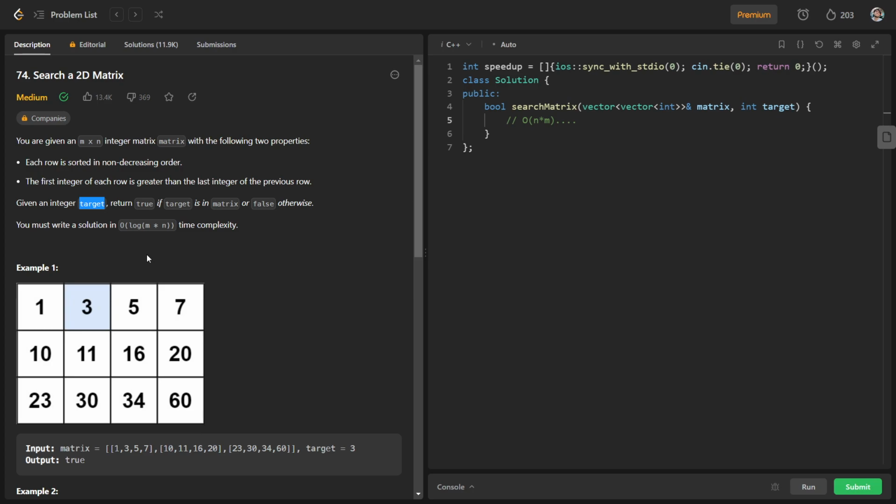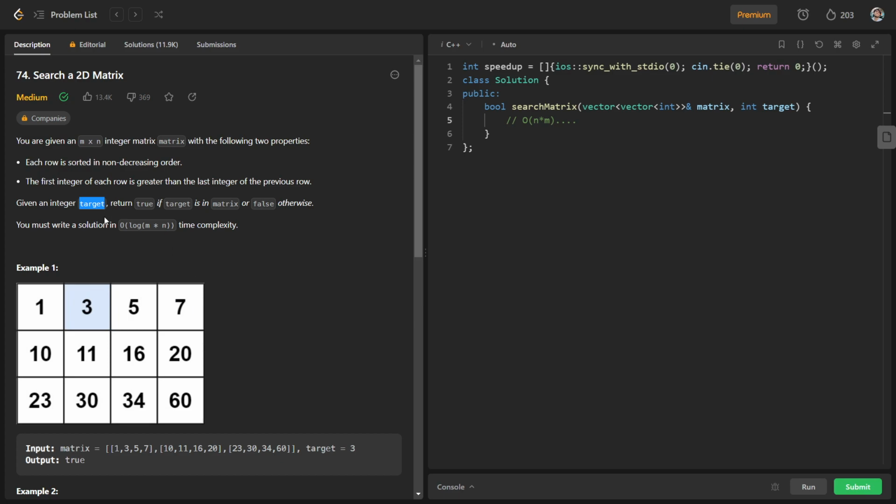So we will use binary search here. We will iterate over all the rows through binary search and check whether the target is between the first element and the last element or not.